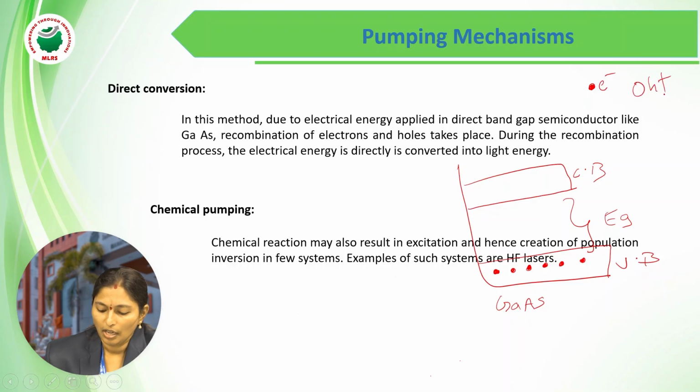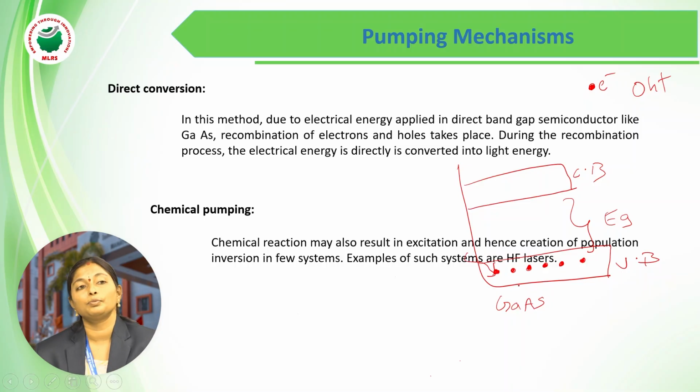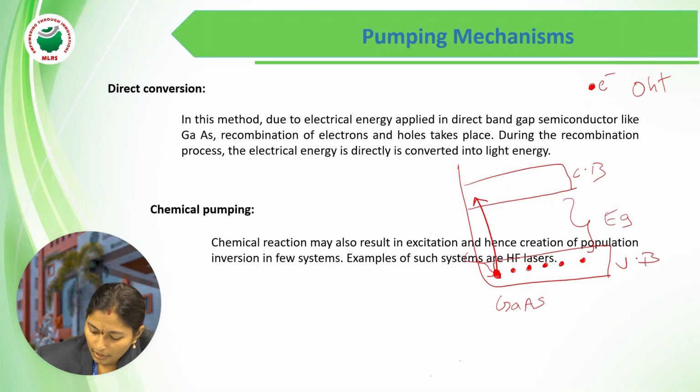Okay. So after applying electrical energy to the atoms in the valence band, what is going to happen? The atoms absorb this energy. Here instead of atoms we can say electrons. The electrons absorb this energy. They start to move from the valence band to the conduction band. These electrons we are going to call valence electrons because they are present in the valence band.